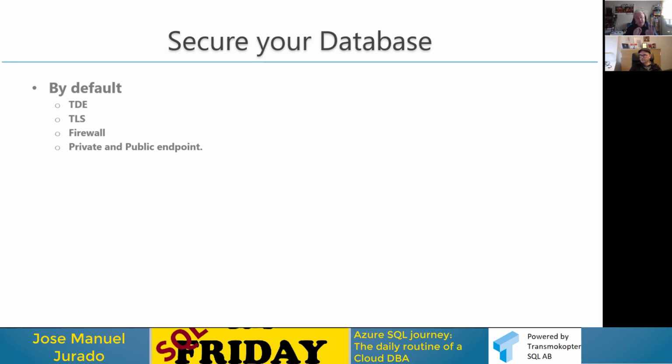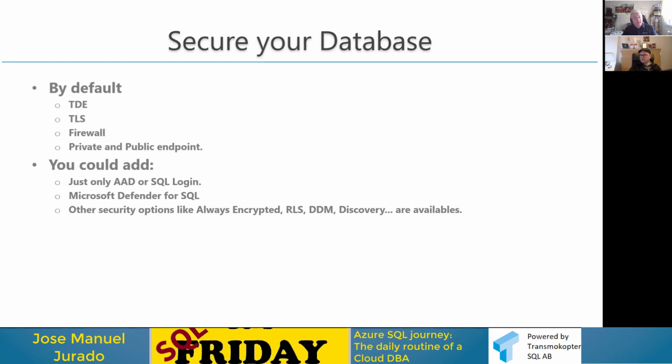No. This VNet and subnet or ExpressRoute will have a private connection to the server, but the server is not in the VNet. It's very important because customers think that using private, I'm going to have more speed, less latency to connect to the server. No, it's more secure because the connection is only allowed from these VNets and subnets.